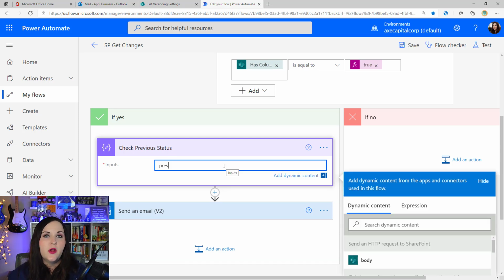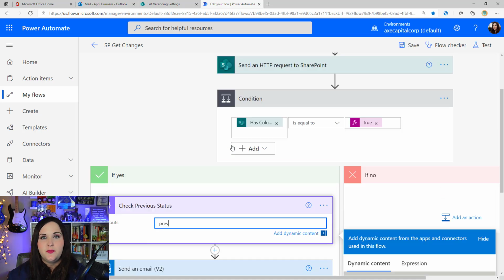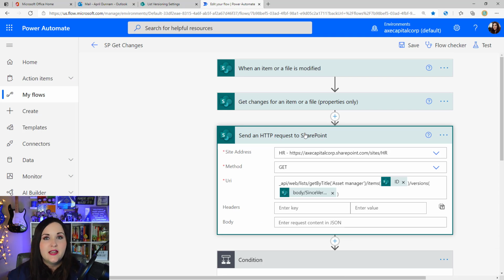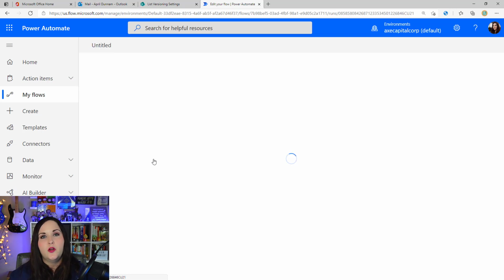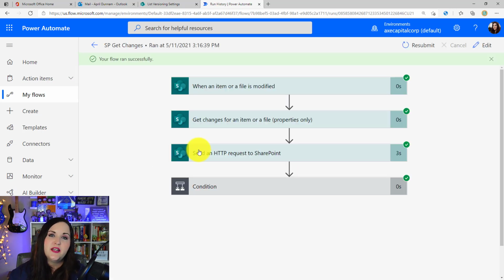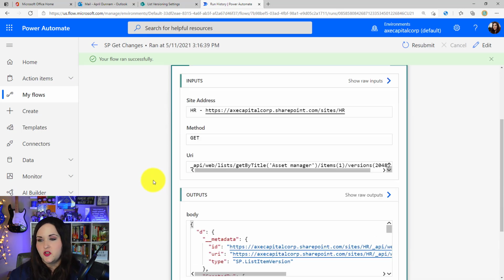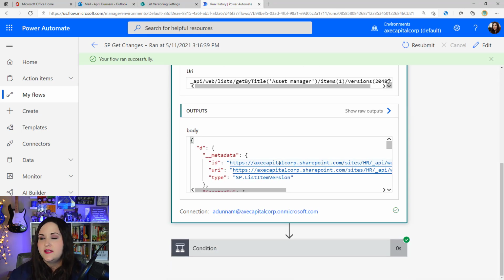Before we can figure out how to get that particular status column, we need to find out how that HTTP action is outputting the data that it returns. So what you want to do is run a test of your workflow so that you can get those flow runs like I was talking about. So if we go into the flow run history again on one of these items, and this time we'll expand out that send an HTTP request action, we want to examine the output and see what's happening.